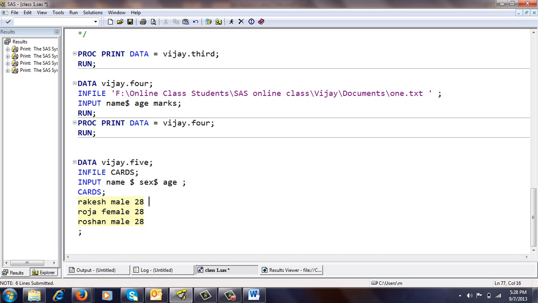Now the values are given here between your cards and then semicolon. This is known as the card block. And the semicolon that you are giving here should always be on a new line, not on the same line as your last data is given. Then give here run.